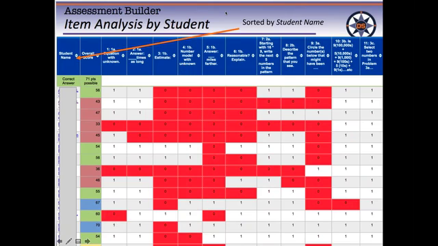And it starts to look a little messy because there's a lot of stuff in here. So this is an item analysis by student. Whatever the assessment name was would be up here. I don't know what the assessment was. Student names. The overall score is right here. Question 1, and how each student answered question 1. These were all worth 1 point, so they either got it right or they got it wrong. If they were worth more points, they could have 3 points here, and if they got 2 points, it might be green. It would be very color-coded and even more confusing. But you can see how every student answered each question.